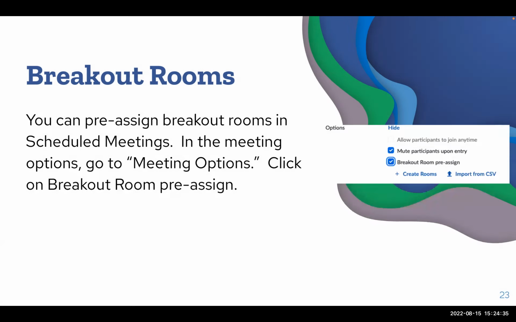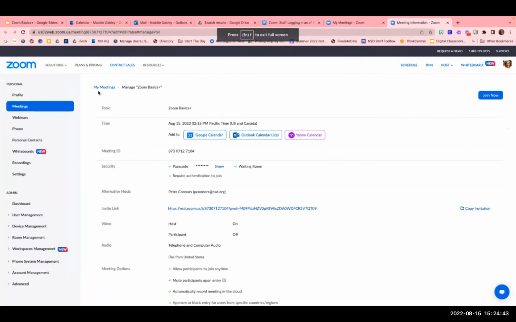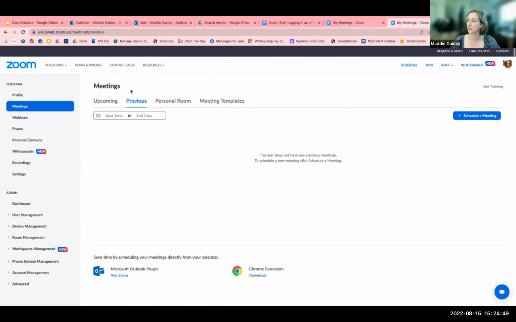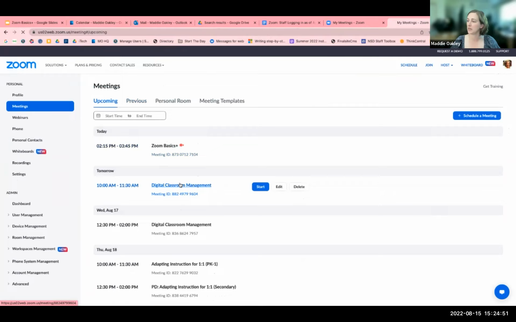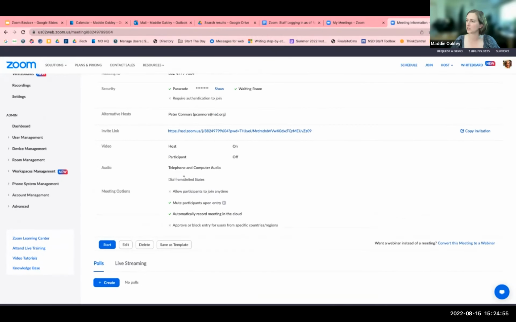Mm-hmm. I'm going to show live really quickly in settings where the settings are for the pre-assigned breakout rooms. So if I've got an upcoming meeting and I know who's going to be in it, let's see here.